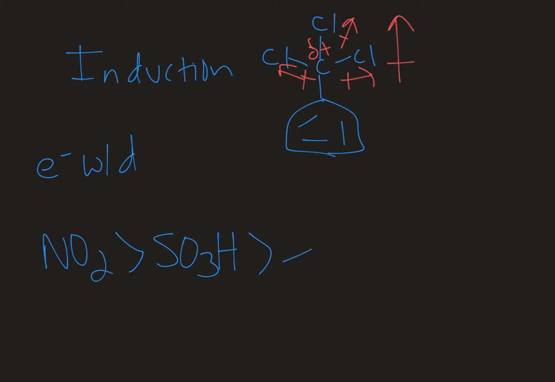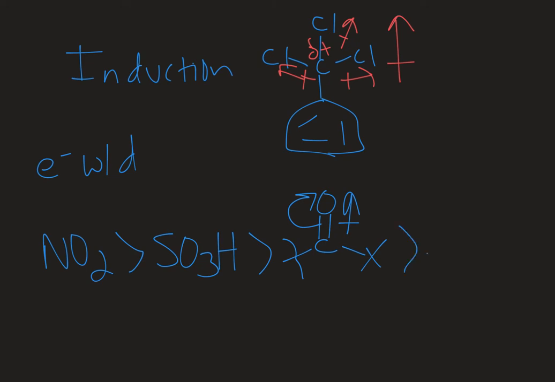Then you've got carbonyl derivatives. So I'm going to put an X on the other side of this because really it could be any carbonyl derivative. So the amount that is withdrawing is going to matter a little bit depending on what X is, but it could be H, C, O, N, any of those carbonyl derivatives. In all these cases, you have groups that have electron density being pulled away from them. And in the case of any carbonyl derivative, you're going to have a resonance contributor through that because you can pull electron density up onto the oxygen there.